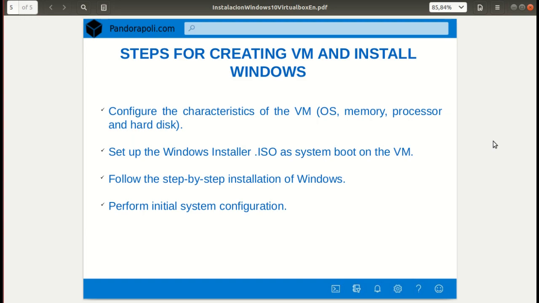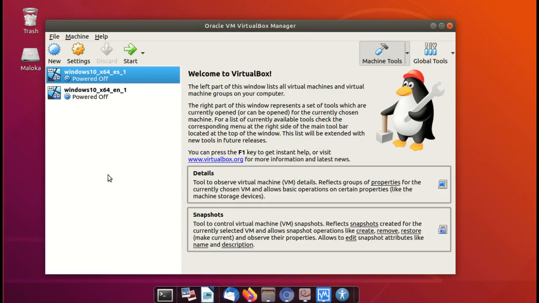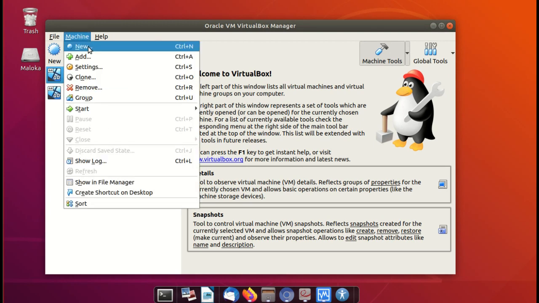Okay, let's start. Here I have my VirtualBox console. This VirtualBox is installed on Ubuntu 18, which is my host operating system. As you can see, I already have installed 2 virtual machines with Windows 10 64 bits, and what we are going to do is to create a new machine